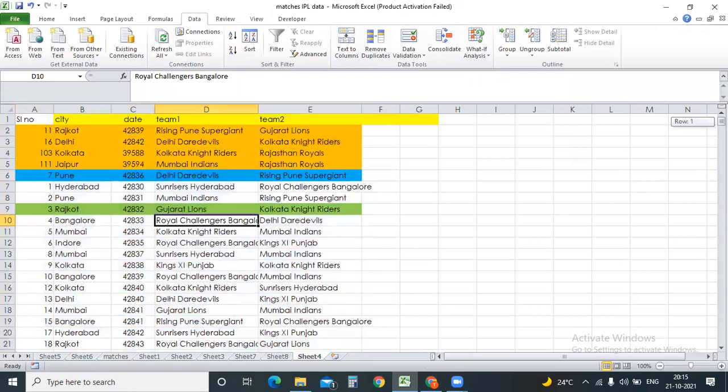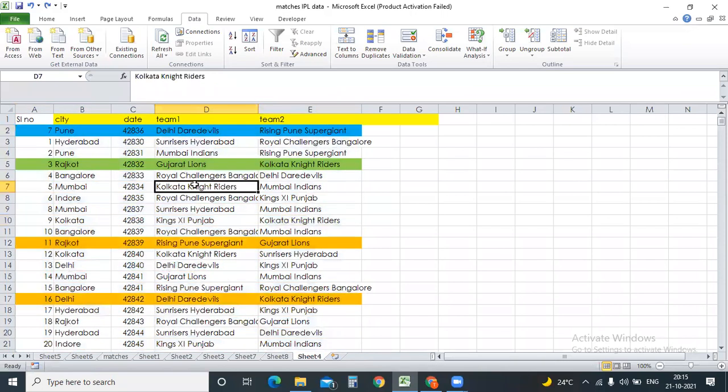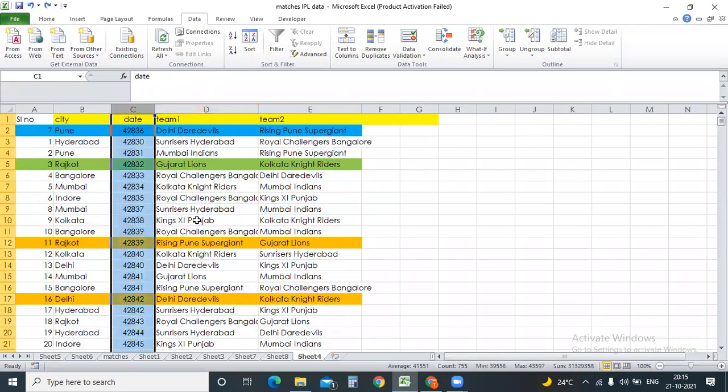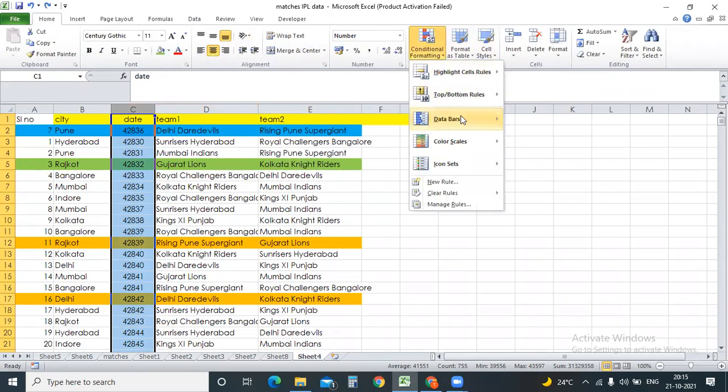Remaining colors. Why will this be useful? How will this be useful? Because most of the times we do it for some color coding, right? So for example, out of this entire data, I need to select the top 10 values, and I need maybe not top 10. How can I do that? Conditional formatting. I'll just go to conditional formatting. I'll search something else.